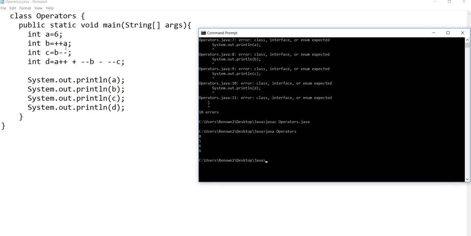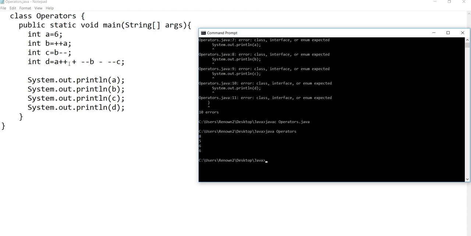How is b 8? b is incremented: 6 plus 1 is 7, plus 1 is 8. Next, c equal to b minus minus. Since b is 8, c is 8 and then b decrements.